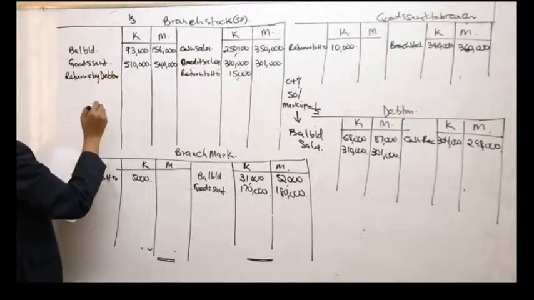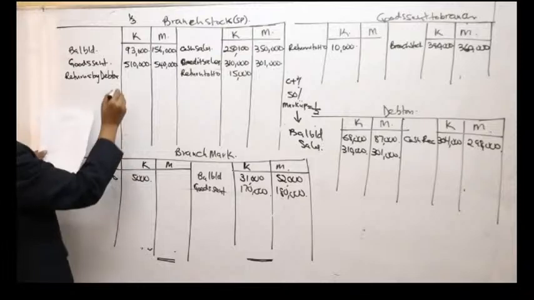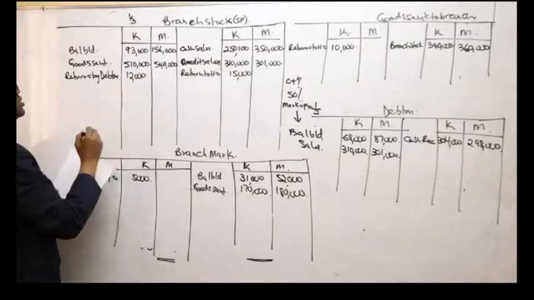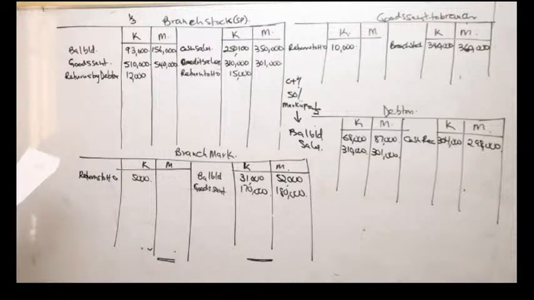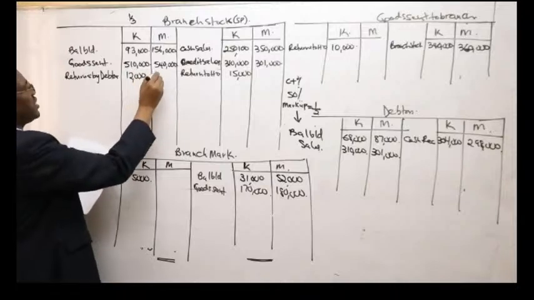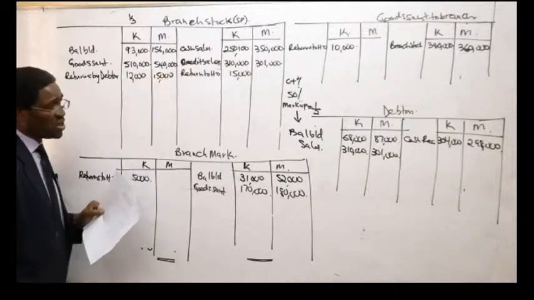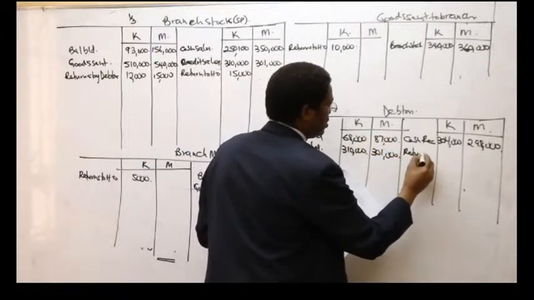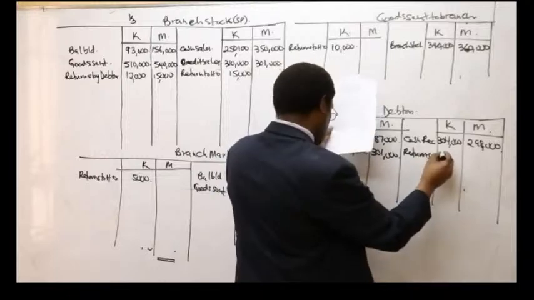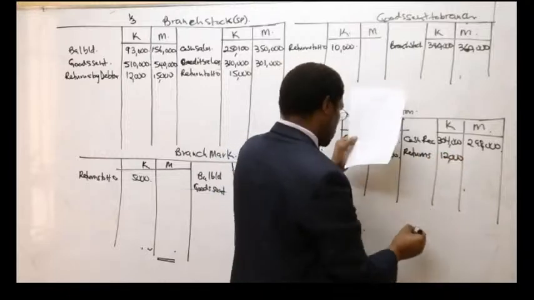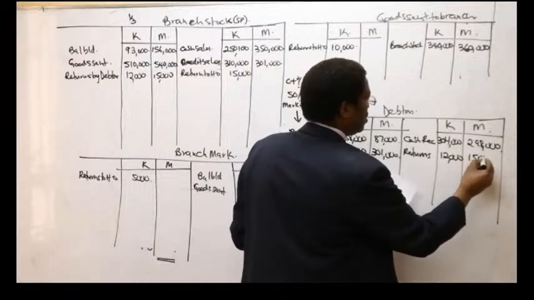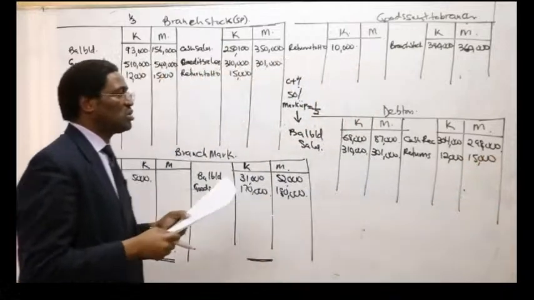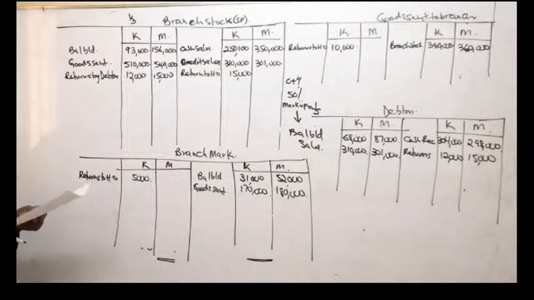Kisumu customers returned goods worth 12,000. We debit branch stock at selling price, while Mombasa customers returned goods worth 15,000. So we are debiting branch stock, and we say you credit debtors. These are returns. Kisumu customers returned goods worth 12, while Mombasa customers returned goods worth 15,000. So that is all for that transaction. Next one, according to the list, goods